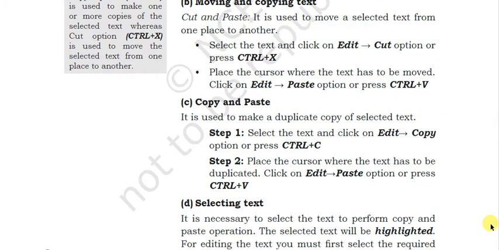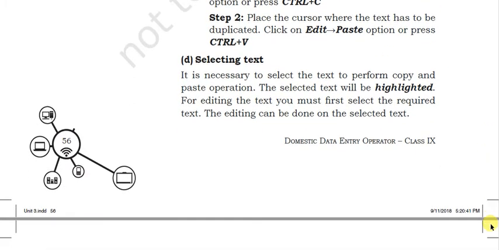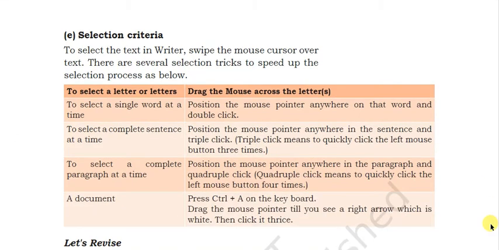So to perform a copy and paste operation, you must select the text. You might select it with the help of the mouse, or you can also select with the help of the keyboard by placing the pointer at the beginning and then pressing the Shift key and then pressing the arrow keys up to the desired location you want to select. Okay, then you can press Control C, Control X as per your requirement. So these are the selection options for you.